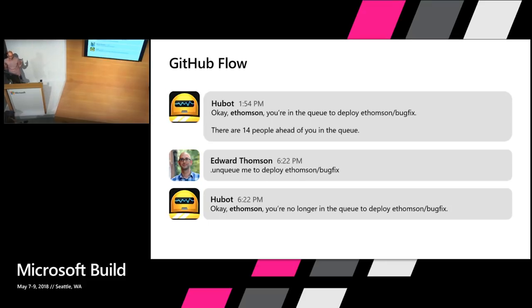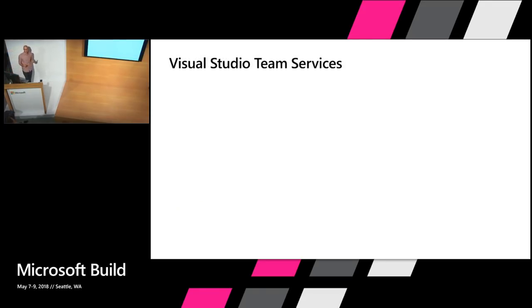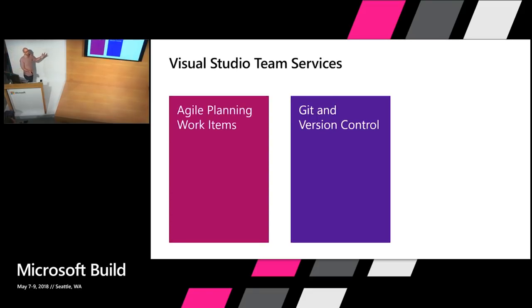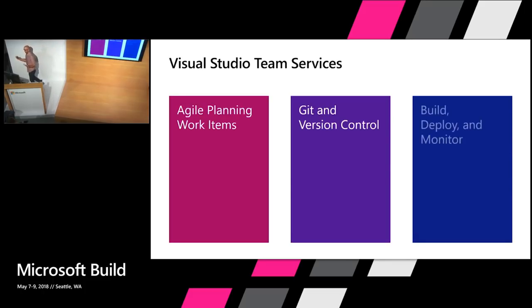So this, if you want to do continuous delivery, it's great. But unfortunately, you hit scaling issues at some point. And when you do, you can do what we use in Visual Studio Team Services. So Visual Studio Team Services, like GitHub, will host your Git repositories and allow you to collaborate on them with your coworkers. But we're more than just that. We offer agile planning tools. We offer, once your code gets checked in, we can build it in the cloud and we can deploy it. So we're a much bigger footprint